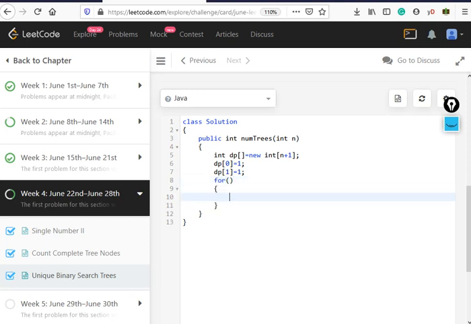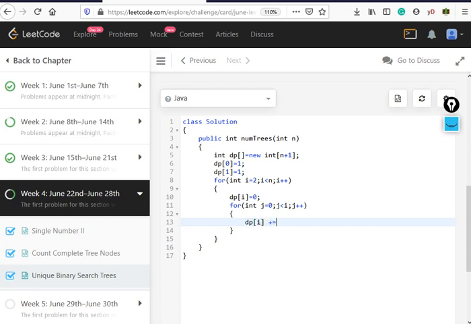And just the coding part is left. So int i equal to 0, i is less than n, i plus plus, so it would be n equal to 2 because we already have taken care of those two parts, and dp of i will always be 0 in the initial part. j equal to 0, j was less than i, and then dp of i plus equal to dp of j into dp of i minus 1 minus j.